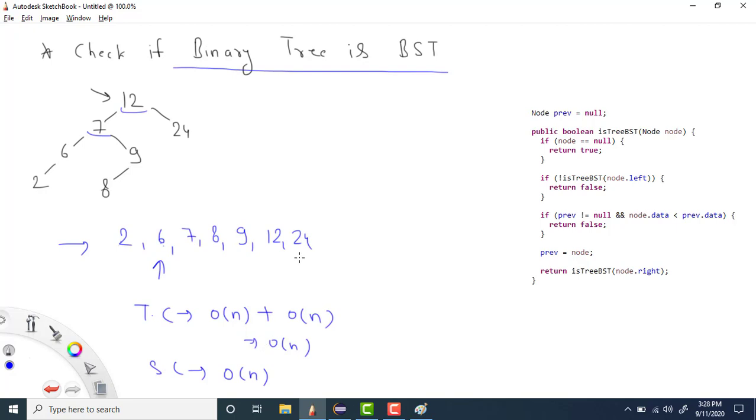Now we can also improve this solution, and we can improve this space complexity. What we can do is that we need not store the values, because if we are doing in-order, right? Here what we did, first of all we did in-order, then we stored the values here, and then we are checking with the previous value, right? That's what we are doing. Now in-order we will still do, but if, rather than storing the values, at runtime we can check with the previous element, then this step will be removed.